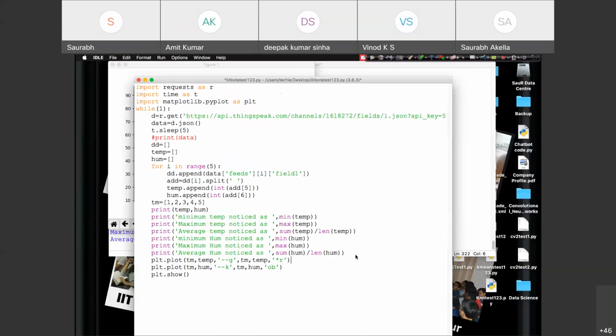In fact, if you want to give a title here, plt.title: time versus temperature and humidity graph. plt.xlabel: in the x direction we want to show time. plt.ylabel: show temperature.